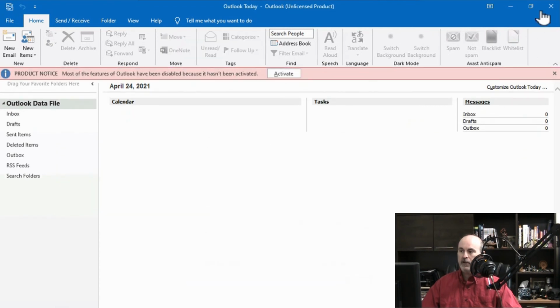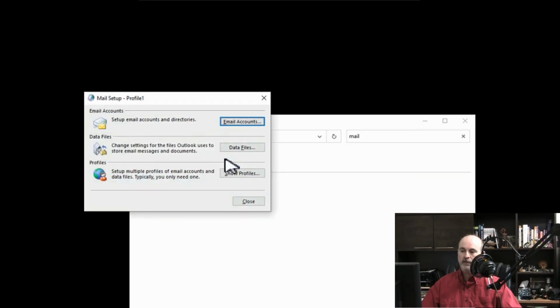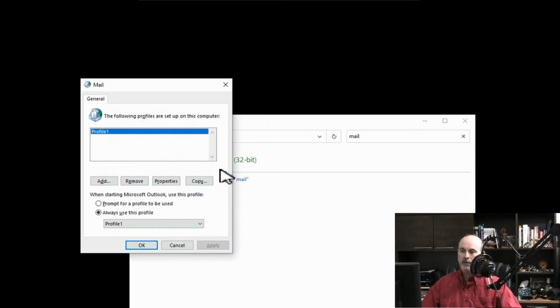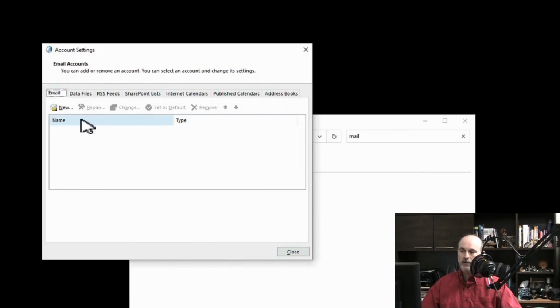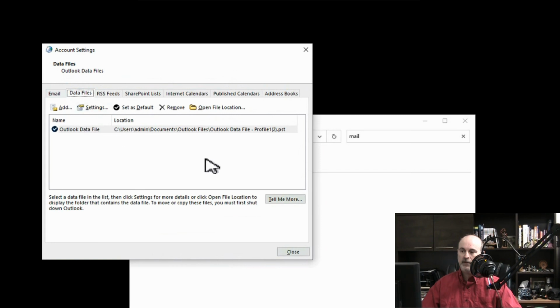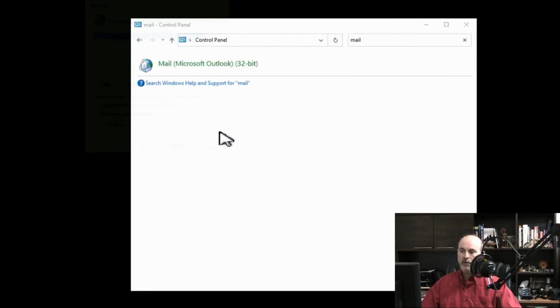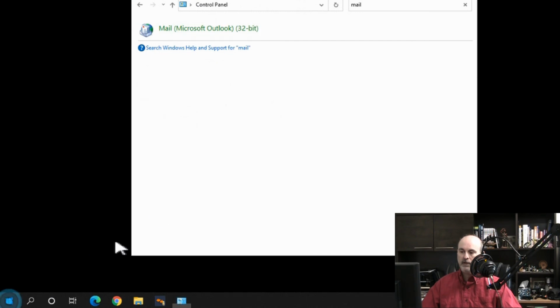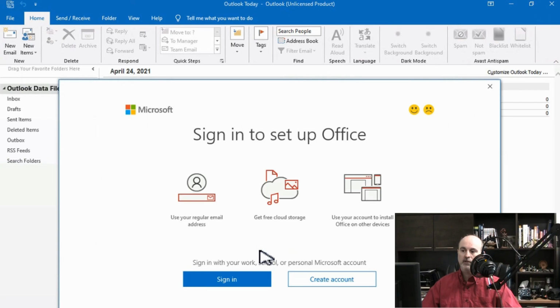And let's close out of here, go into the Outlook configuration window, and have a look at the profiles. It created the profile, and if we look at it through here, there is no email address, but it does have a data file, so that's cool. So it looks the same as what we did before, but this method actually works. So that's it for this quick tutorial.